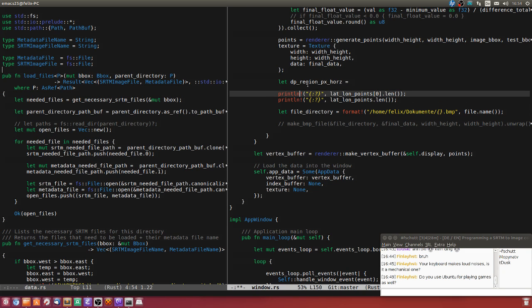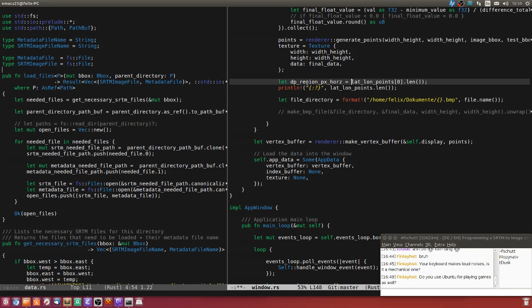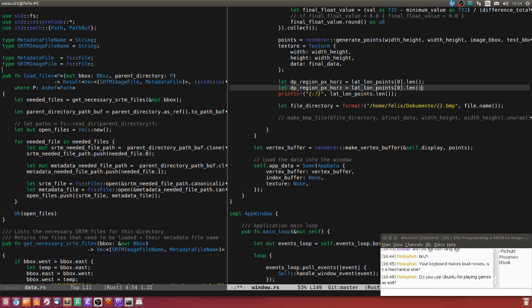Oops. Yeah, that's not too great. And then we just say the let line points dot length is the vertical region, and then we can just say